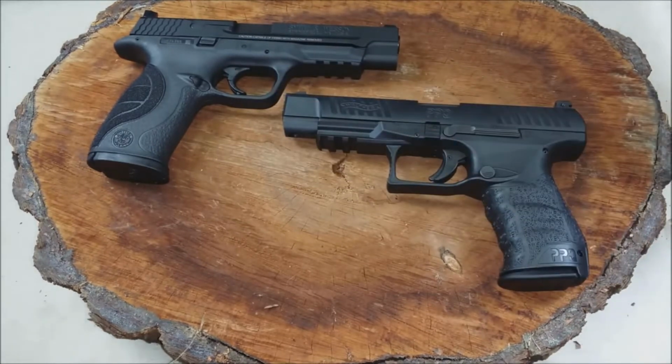Some people will say that it's less felt recoil because the barrel is longer. It puts more weight on the end of the muzzle, and that inch-longer barrel helps control the recoil a little bit better. That's, in my opinion, not really the case because it's so subjective, right? Anybody can say, oh yeah, I can feel less recoil. For me it's all about the